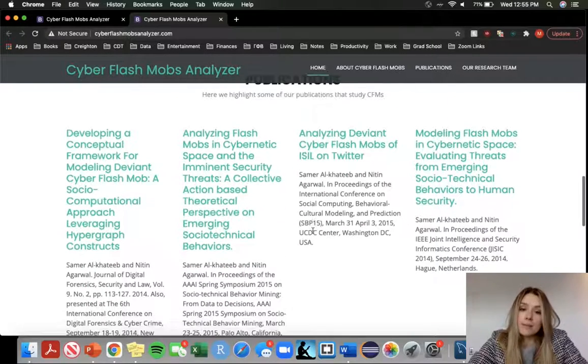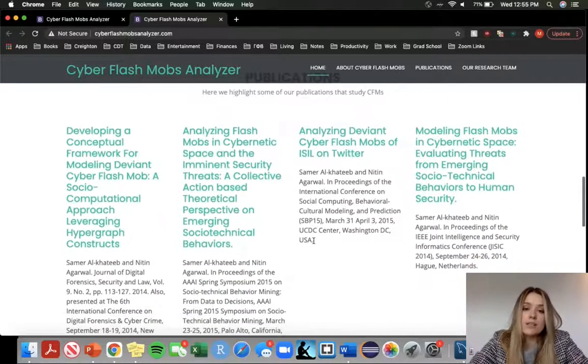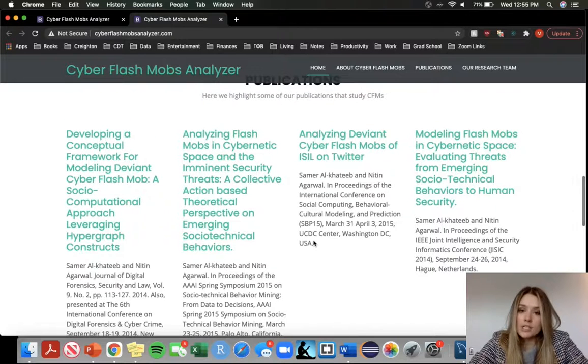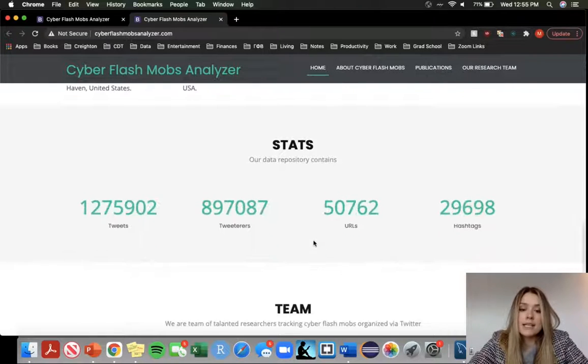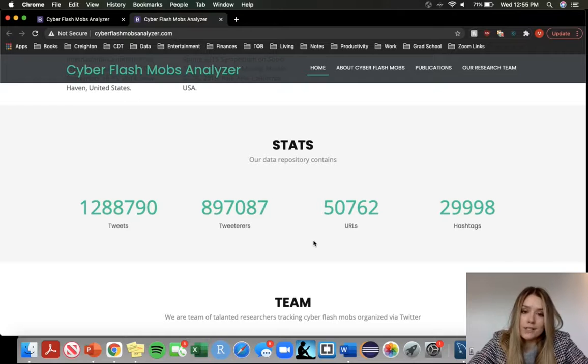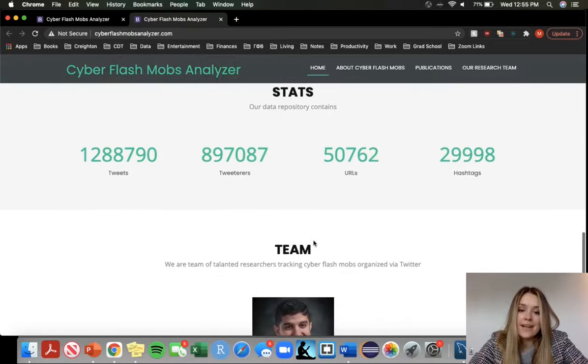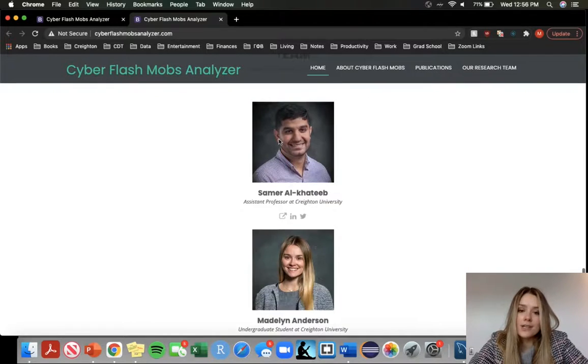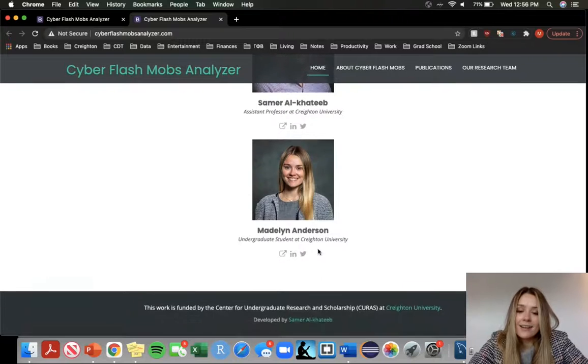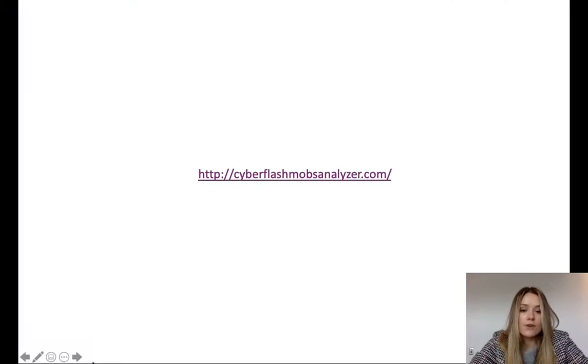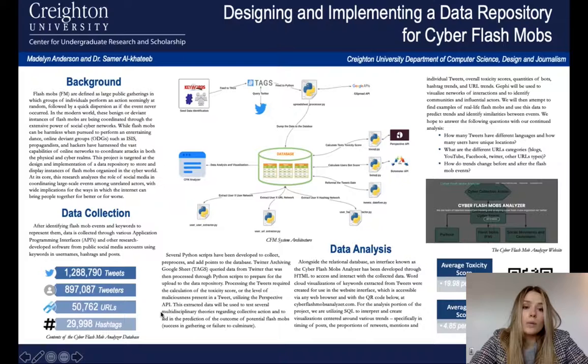There's a list of publications regarding cyber flash mobs that Dr. Al-Khatib has published, and some statistics about the current holdings of our data repository, and then just a summary of the team of Dr. Al-Khatib and I. So that's what the interface looks like so far, and eventually we are hoping to continue with manuscript writing,